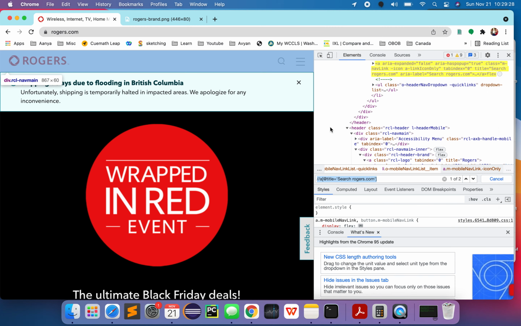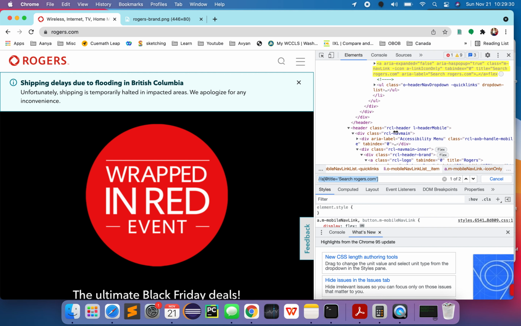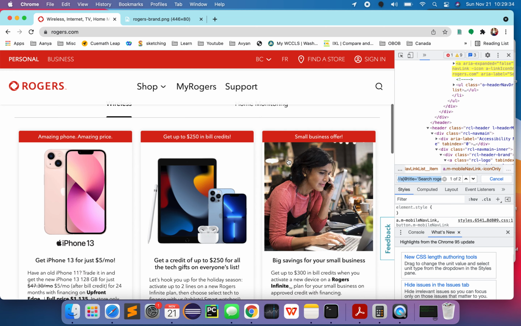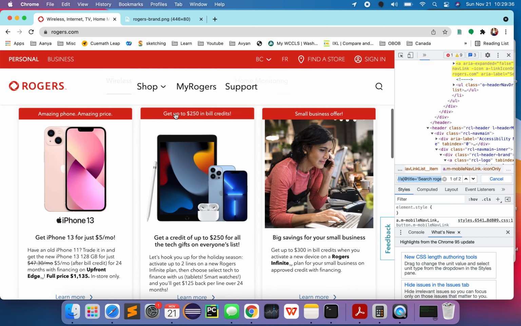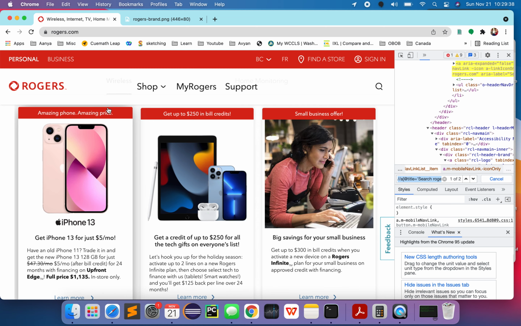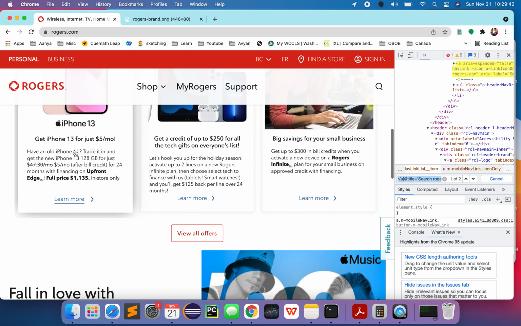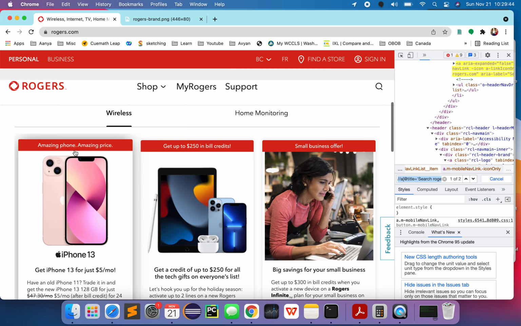Now I'll try to find a little more complex one, okay? In this section, right now you see 3 widgets over here, right? But in real time, it can be 5 widgets, 6 widgets, or 1 widget.